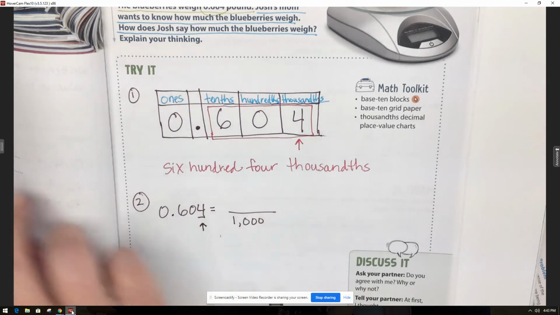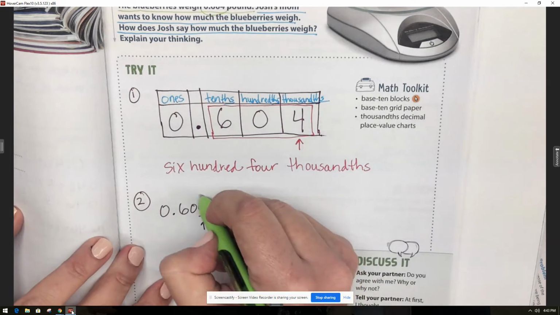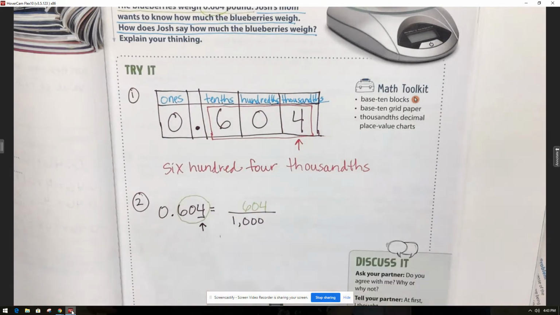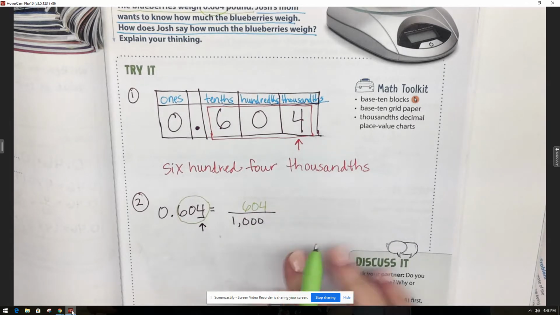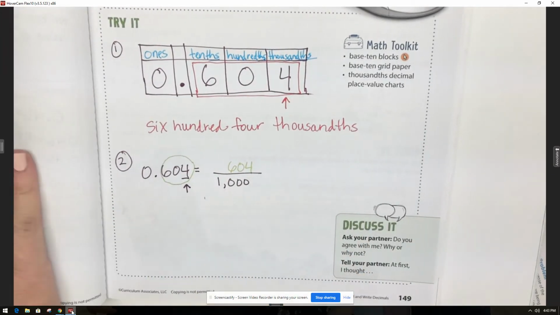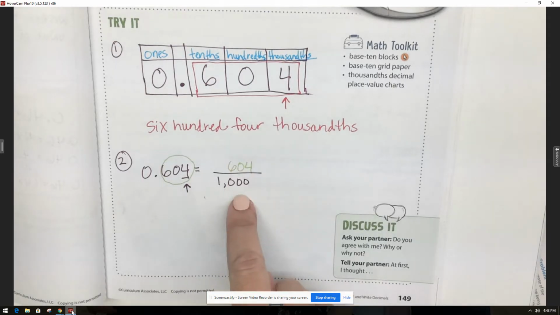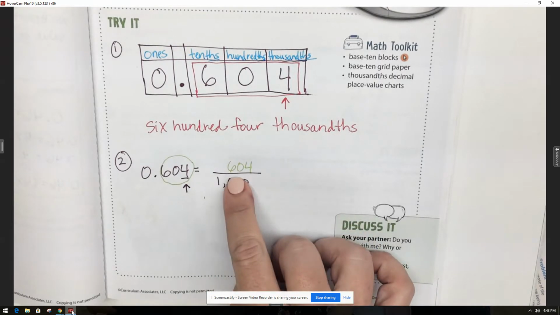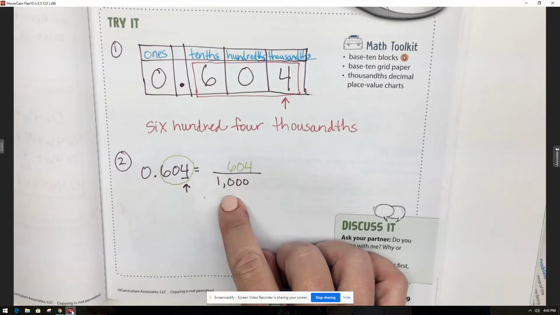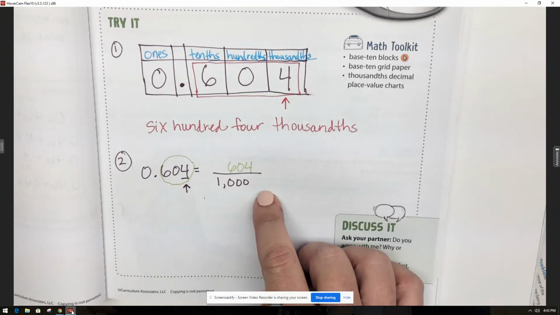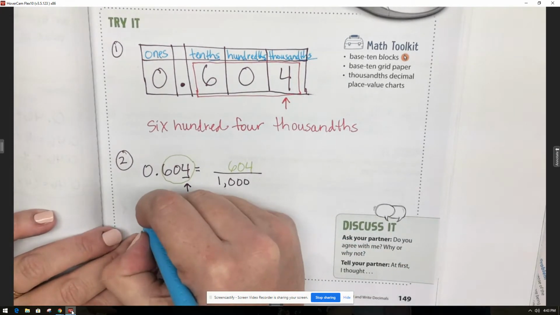And then when we think of, switch colors, this all together, we have 604 thousandths. So if we look at it as a fraction, 604 thousandths, just knowing how to say it, I feel like sometimes the fraction way is the easiest way to know how to write the words because it just makes sense. Because when you say the fraction, I've never heard anybody say the fraction wrong. So this is 604 thousandths. So we would write that as this: